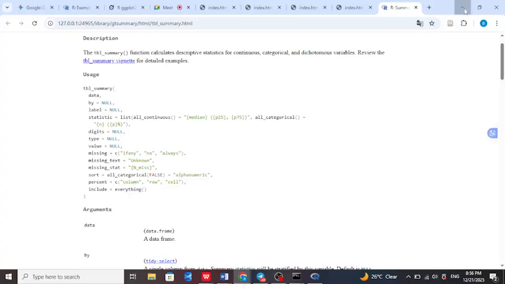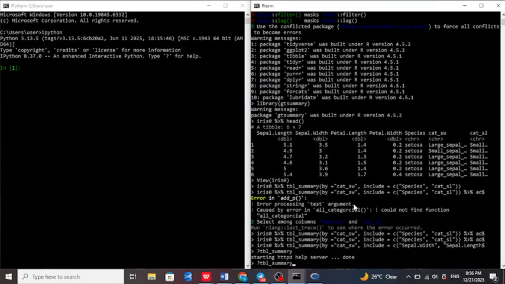So I'm sure we have done it last time, but this is a revision. I'll come on the cat SW here, and then I will say comma after include. I will say now statistic equals to all, statistic equals to,